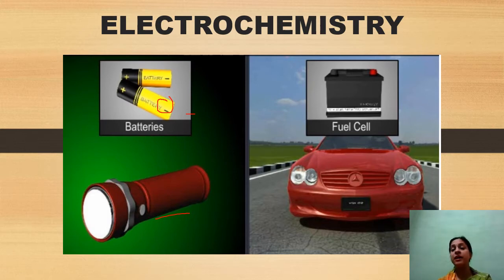Okay, similarly there are fuel cells. The next application which we have seen these days: fuel cells are used in cars or vehicles, automobiles, lighter automobiles, obviously not heavier vehicles, but in lighter vehicles we use fuel cells. And these fuel cells also run on the concept of generation of current through the chemical reaction between substances. Okay, so children, in this chapter we are going to study in detail